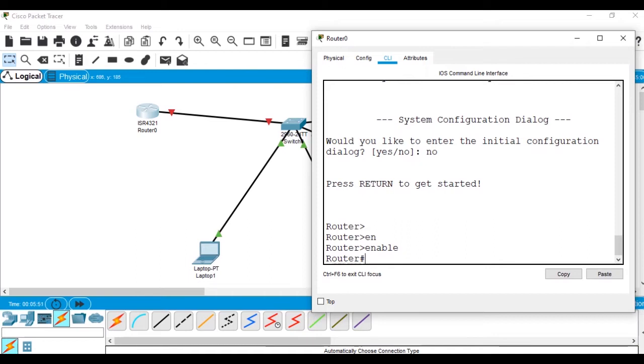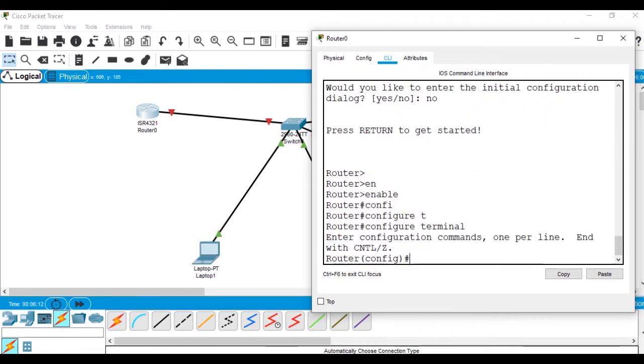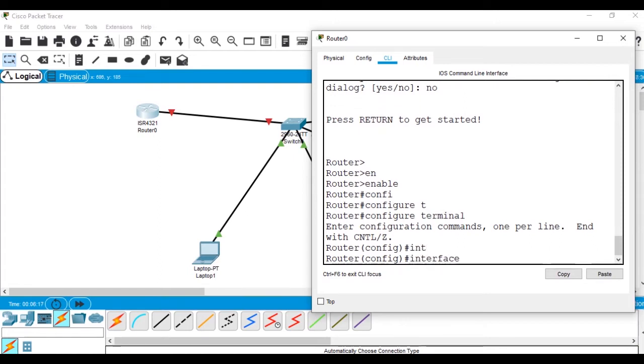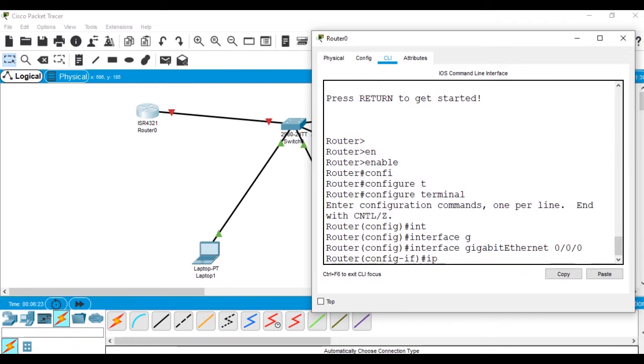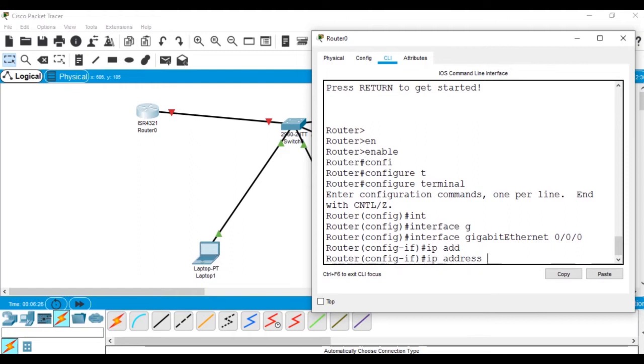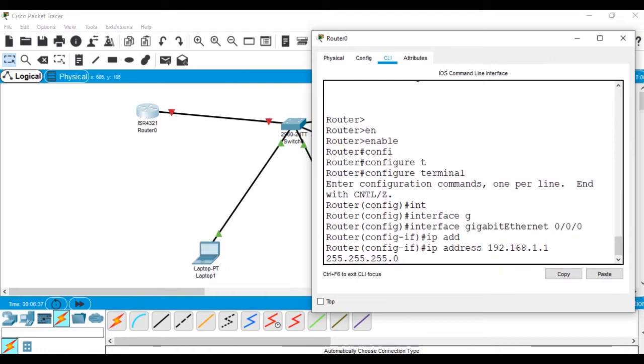So first we'll configure the interface over here. So we'll move to configuration mode, that is global configuration mode, configure terminal, and now we will configure the interface. So interface, that is gigabit ethernet 0/0/0, and we'll configure the IP address, that is 192.168.1.1, and subnet mask of 255.255.255.0.